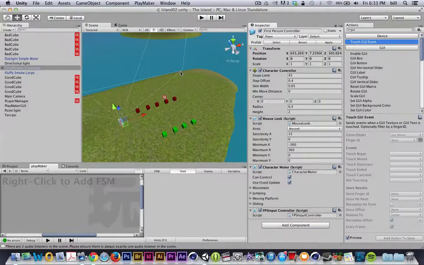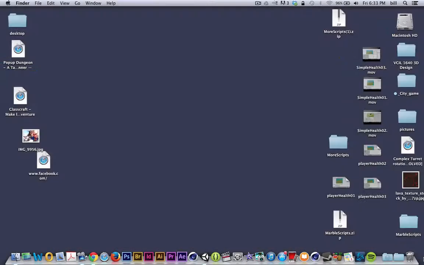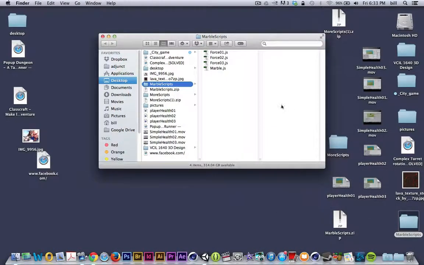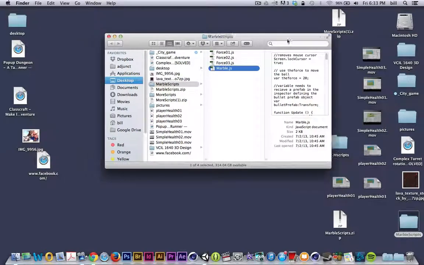This is a real quick recipe to get up and running with the marbleScript that I provided in class, so that you could start creating a marble concept control system. This will be just a real quick, down and dirty get up and running with the script. Now I've provided a link to this script, the marbleScripts folder, and inside the marbleScripts folder is a marble